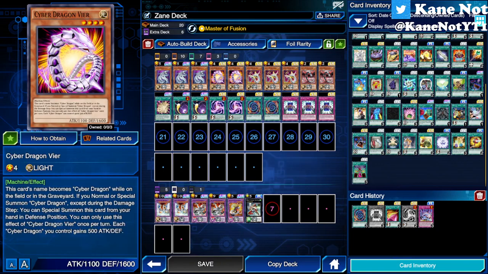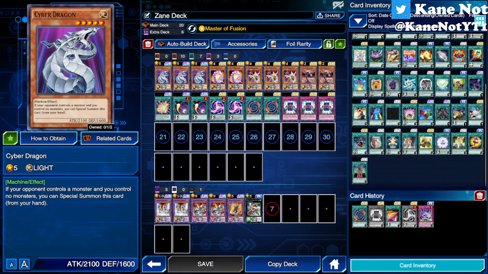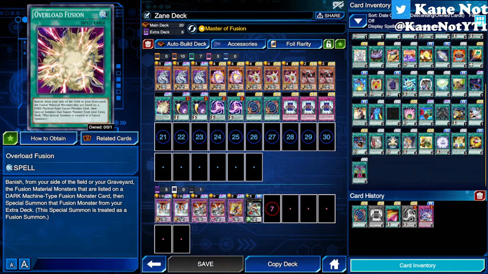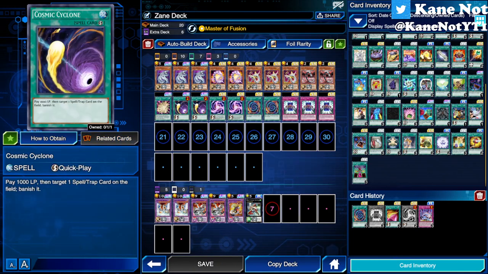Not to mention, Cyber Dragon Vier's effect is a great support in extra summoning, because once you summon any Cyber Dragon monsters onto the field, you basically special summon this monster in defense position while providing a bonus 500 attack and defense points overall. Next up, for the spell cards, I'm running 1 Overload Fusion, 2 copies of Cosmic Cyclone,